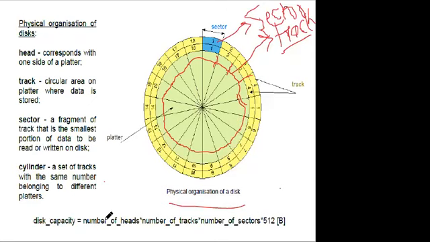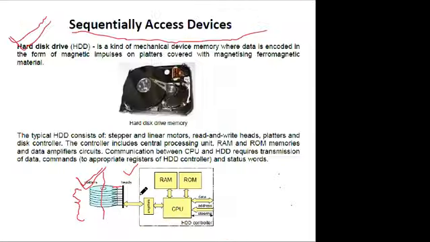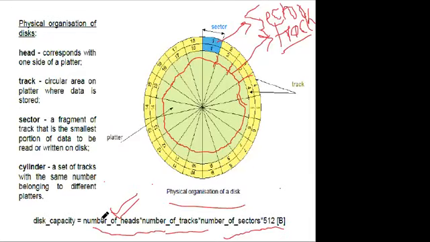So a disk capacity will be number of heads, number of tracks, and number of sectors. The number of heads is generally to specify the number of cylinders that we are using. So the number of cylinders will be equal to the number of heads, as we can see in this case, the number of cylinders on the platter. The number of platters will be equal to the number of heads. So number of heads, then number of tracks, what are the number of tracks in the location, and the number of sectors. And the sector has a capacity to store this much of the bit amount. So this is how it becomes a secondary storage.